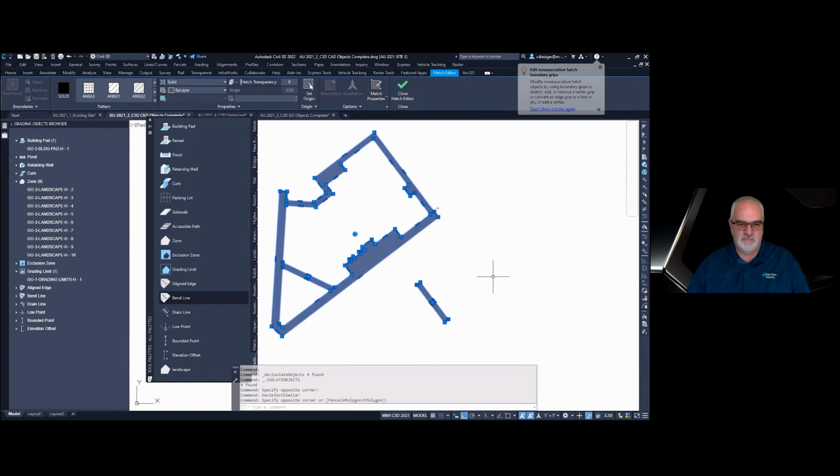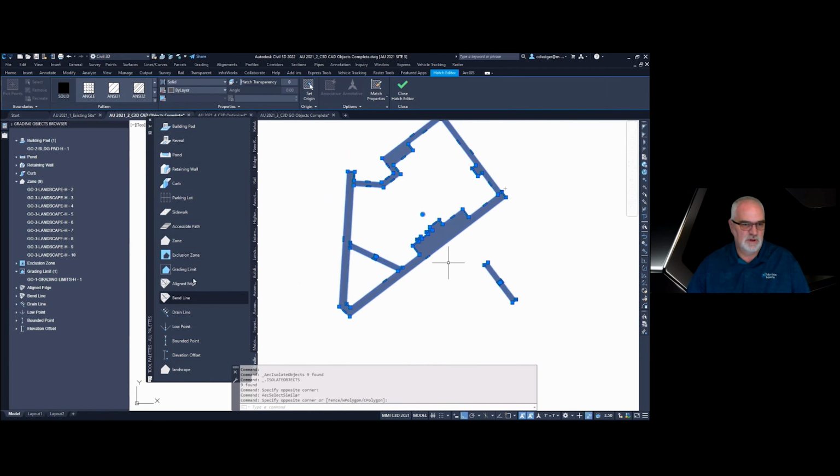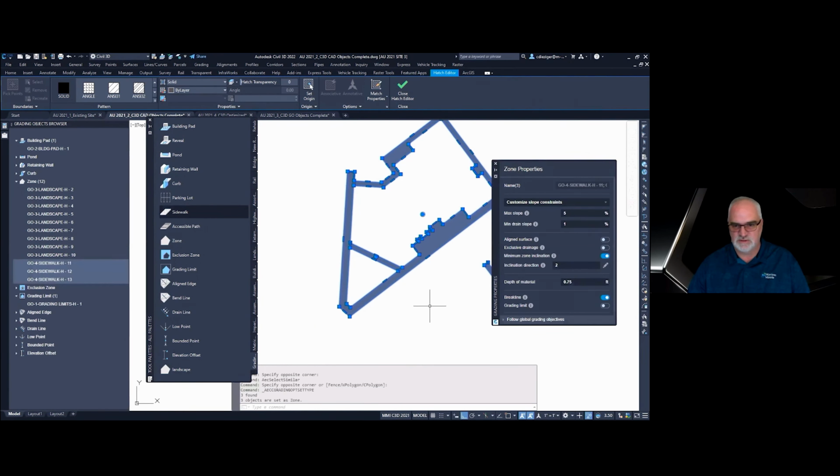And let's say there's already one here for that. I'm going to go ahead and select sidewalk. And I want that to be 2% minimum and a zero minimum, 2% max.